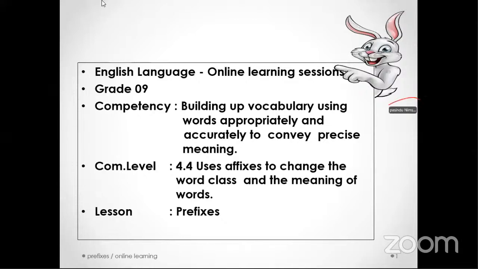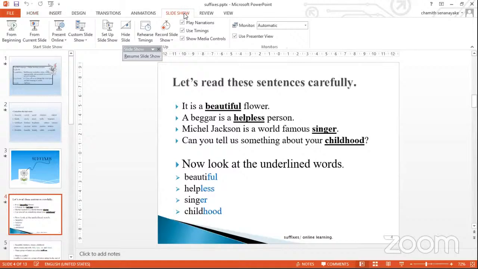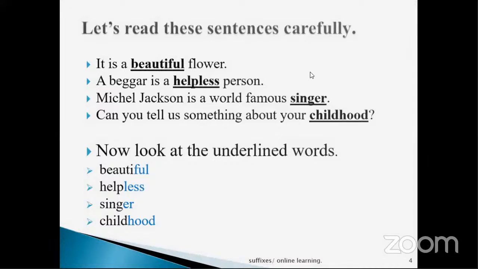So before I start the lesson, I will remind you of some parts of the previous lesson, right? It will be helpful for you to get some idea, right? And let's go to that part. Right. This is the